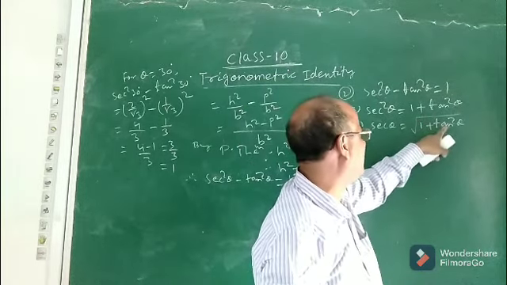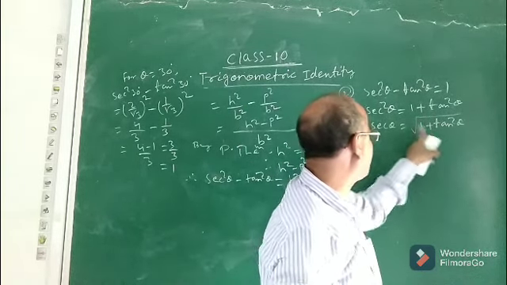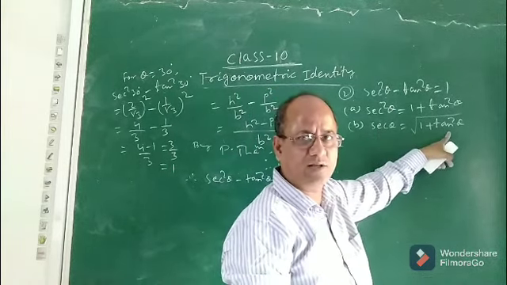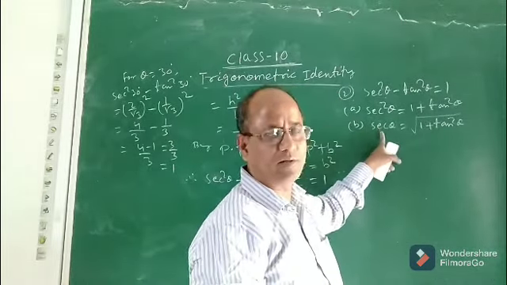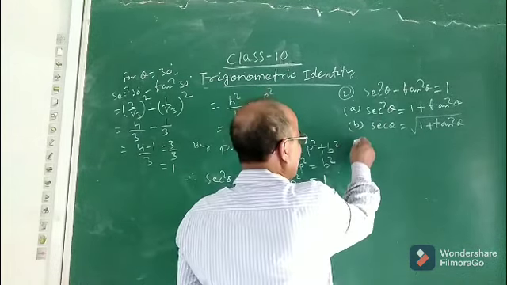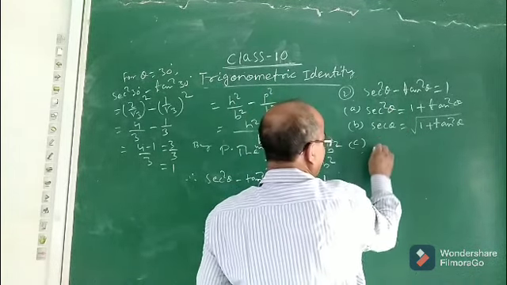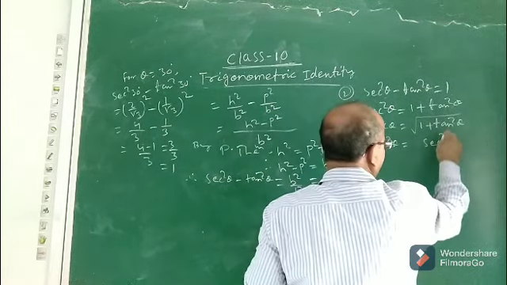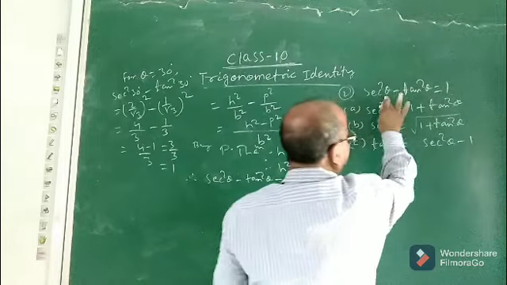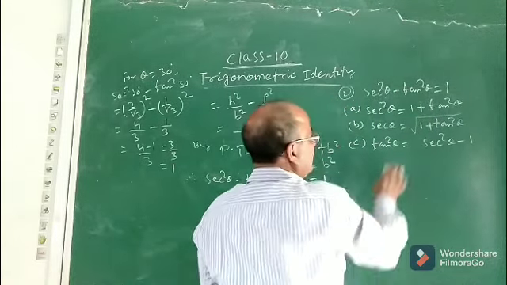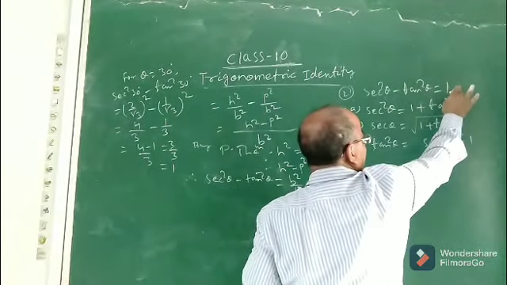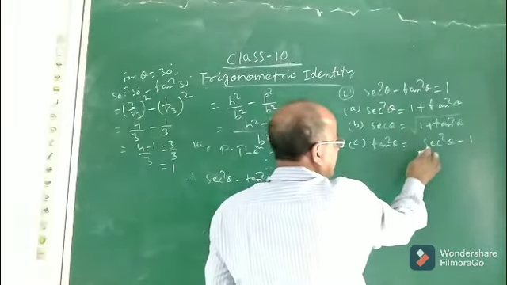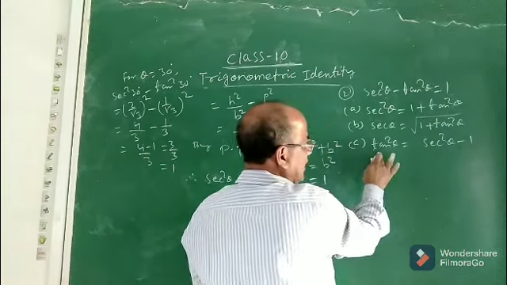That means if you are given the value of tan theta, you can use this formula to find the value of sec theta. Similarly, what will be the formula for tan square theta? Tan square theta will be equal to sec square theta minus 1. Bring 1 to this side, tan square theta to the right hand side. If tan square theta goes to the right hand side, it will be plus, and if 1 comes to the left side, it will be minus. So sec square theta minus 1 equal to tan square theta.